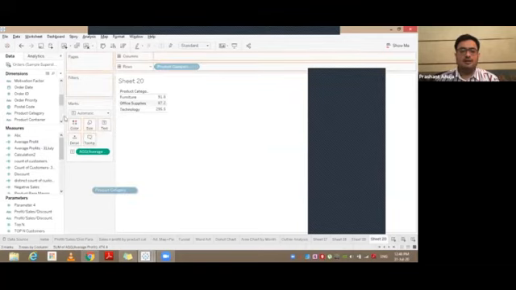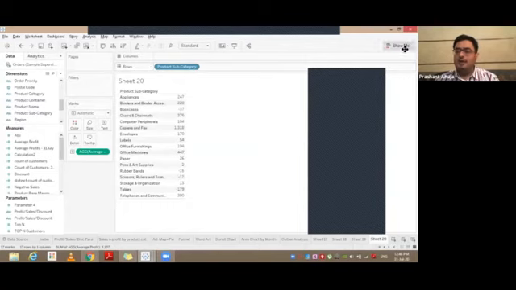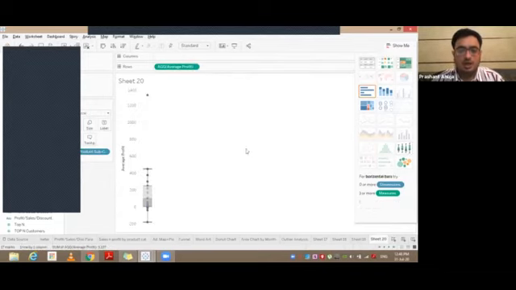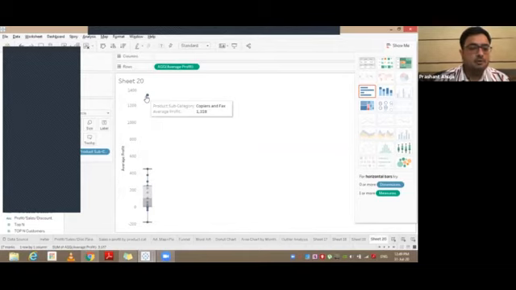Let's not take product category, but product subcategory, because there's a larger number of items in there. And then if you go to the Show Me tab, you would see this box and whisker plot chart. If you click here, you would see that it calculated a range of where all the values lie. It also calculated a median. Now Tableau thinks that this particular range is fine, but there's one particular item which is falling way above the range. And if you move the mouse on it, it will show you what it is.